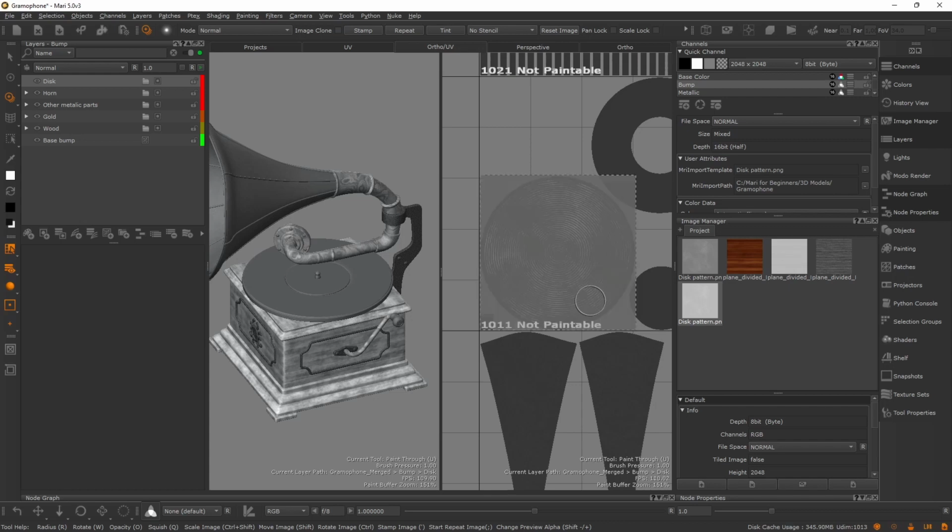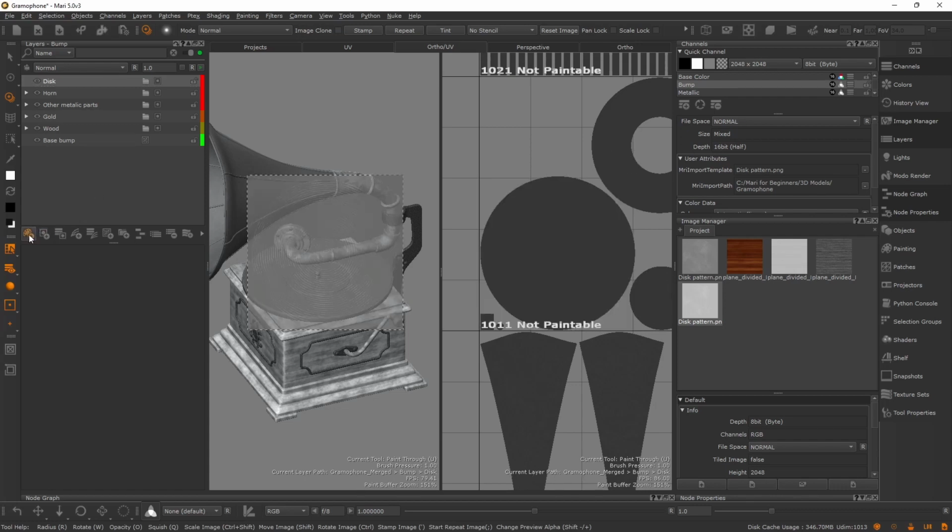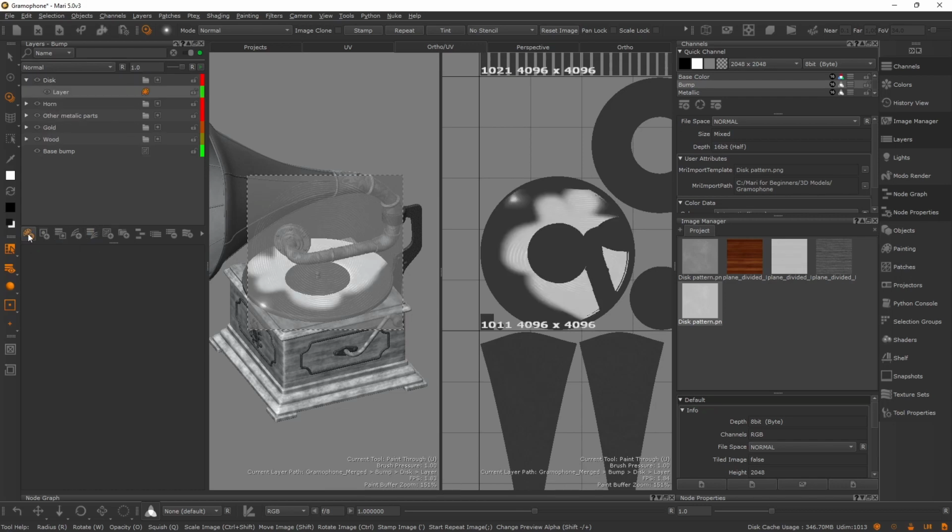All right, now, and why I'm not painting, because I didn't add a paint layer, so I can't paint on a folder. So let's go here, add a new layer, and as you can see, we did paint, but